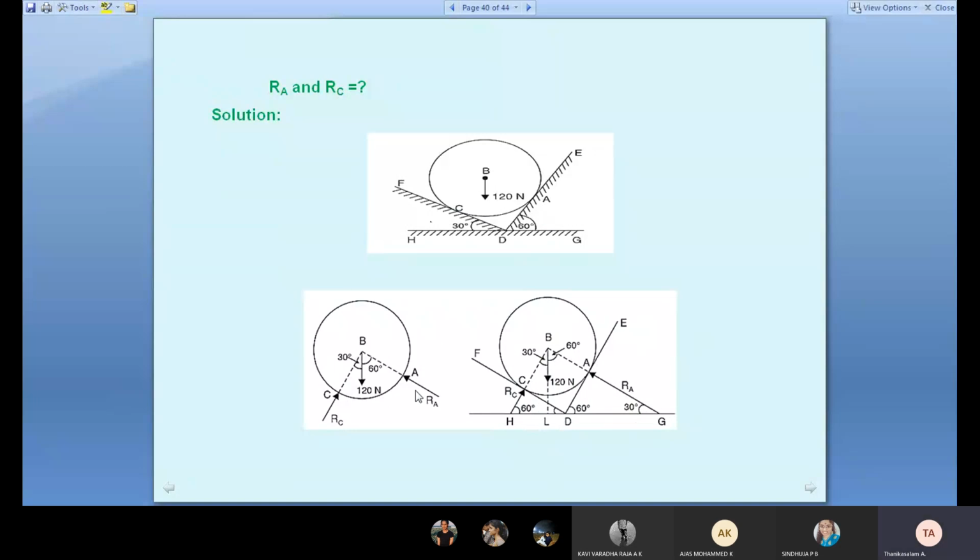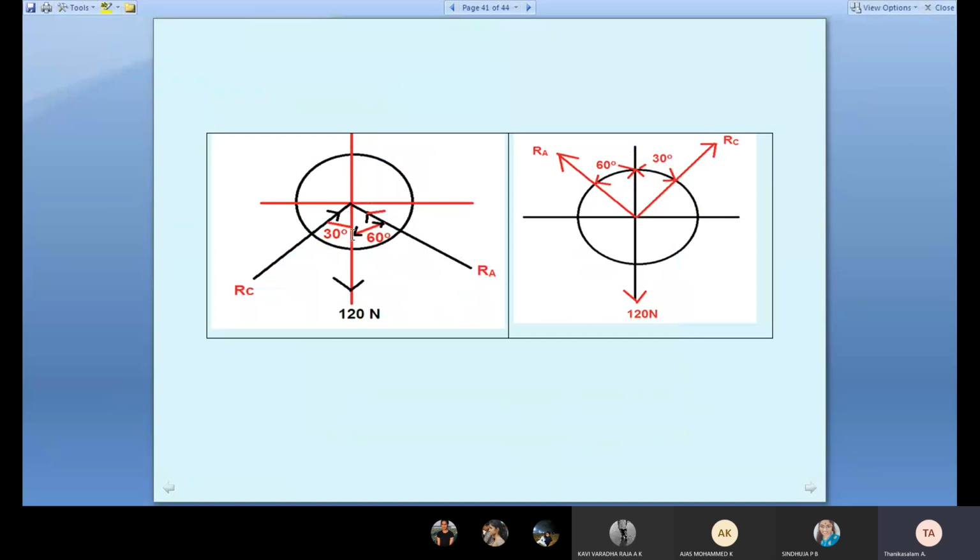You see the left side diagram, the final diagram. RA goes to the middle with respect to vertical, 60 degree. RC goes to the B point with respect to 30. For calculating 30 and 60, we draw this diagram. In the previous class, I explained the same diagram, same problem. It goes step by step; for this, I converted it into two steps. Now I draw the quadrant. Any force, I told you, you convert into quadrant form. RA goes with respect to vertical 60, RC goes to 30. But actually, which direction does it go?